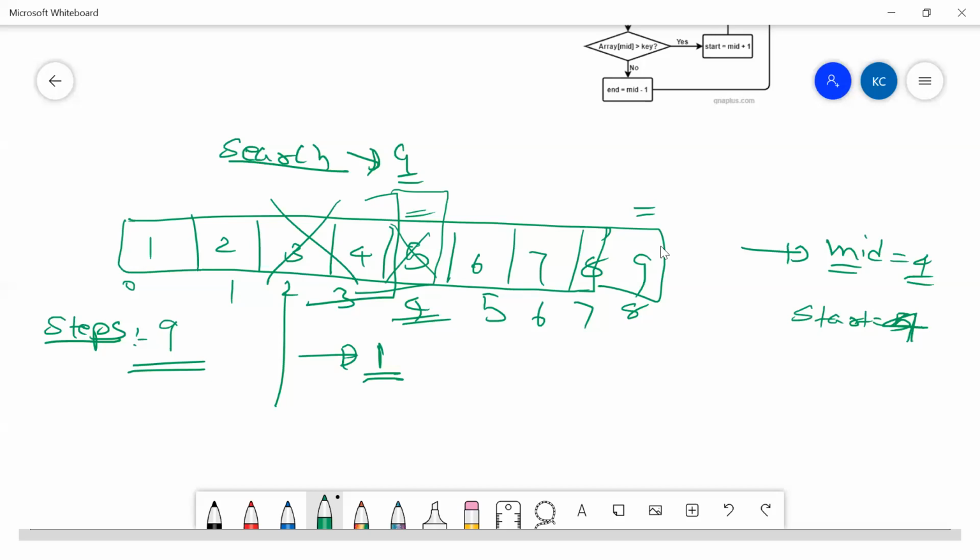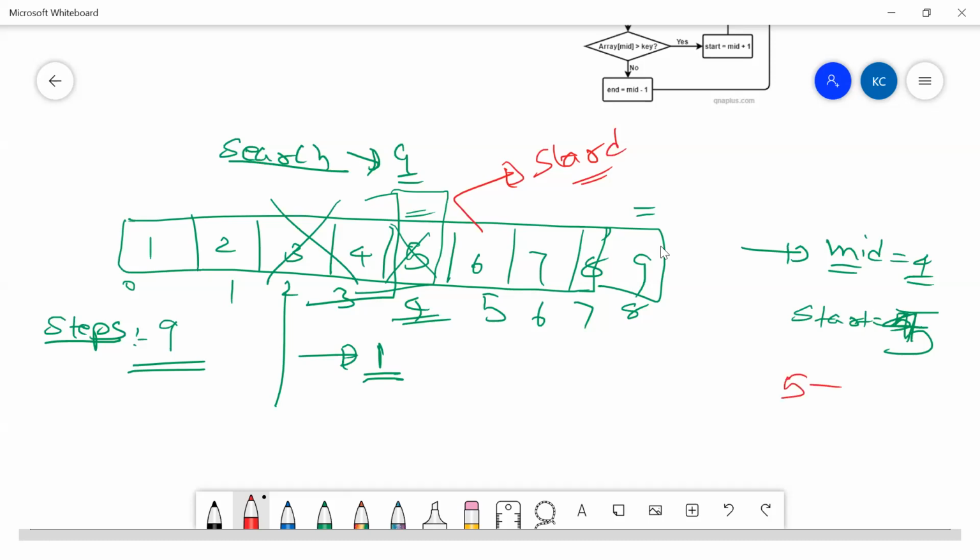So my start would become mid plus 1, this is my new start, and my end is the same. Again I'd be finding the mid out of this. So what is my mid out of it?